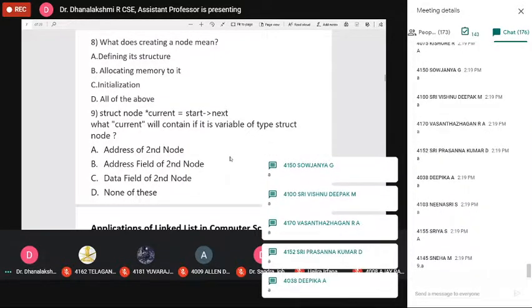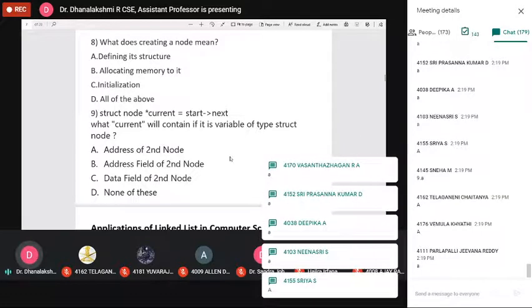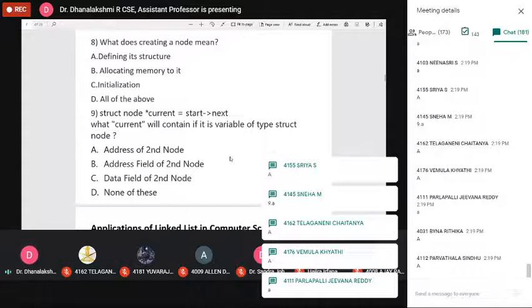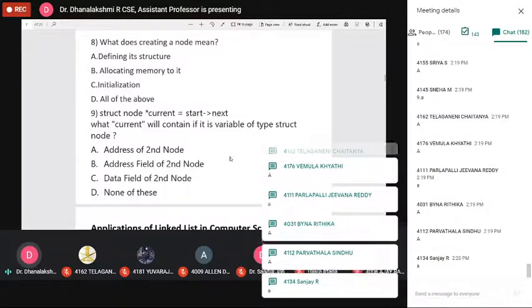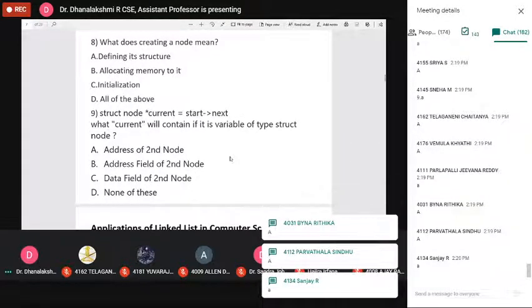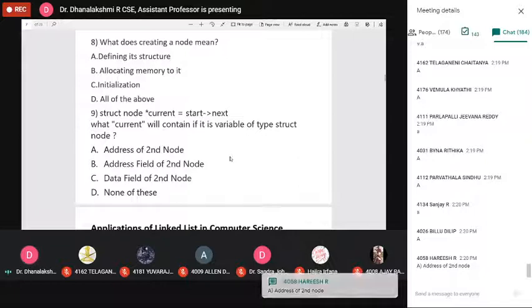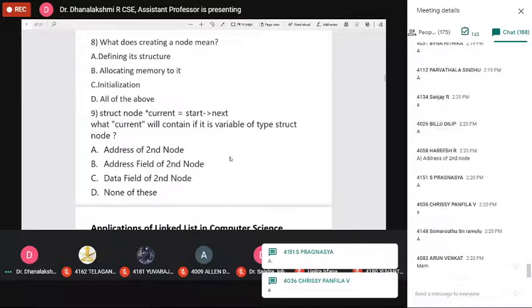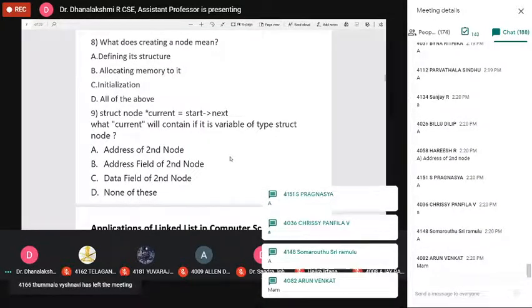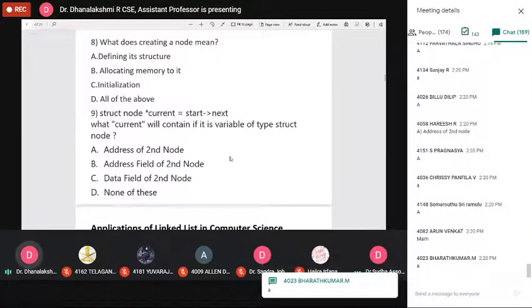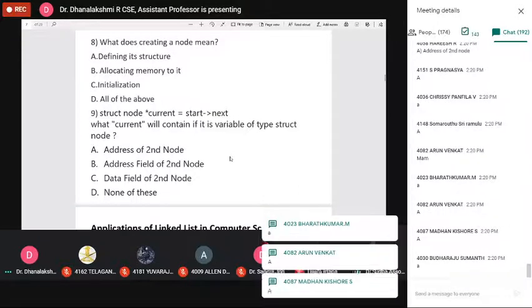What is the answer for the 9th one? Question to Arun Vengat, roll number 82. Where is Arun? Arun Vengat? You know Telugu also, no, ma'am? No problem, he will be able to answer in Telugu also, ma'am. He has answered, you check it.